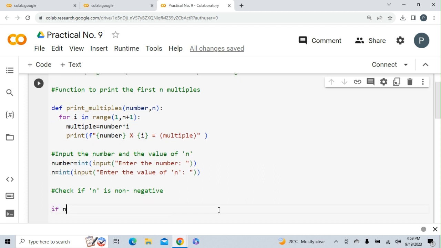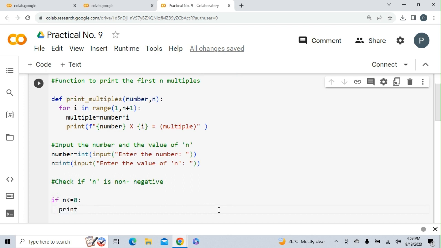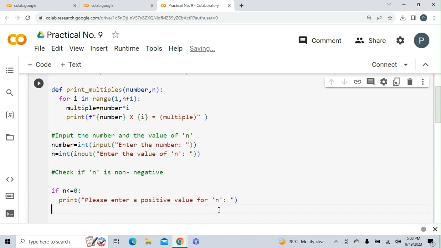If n is less than or equal to 0, then it will print enter a positive value for n. If n is positive, then it will print